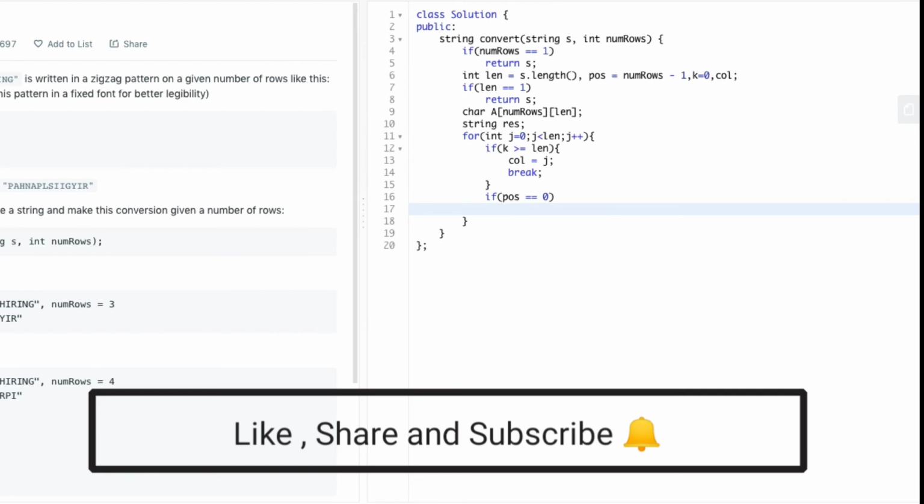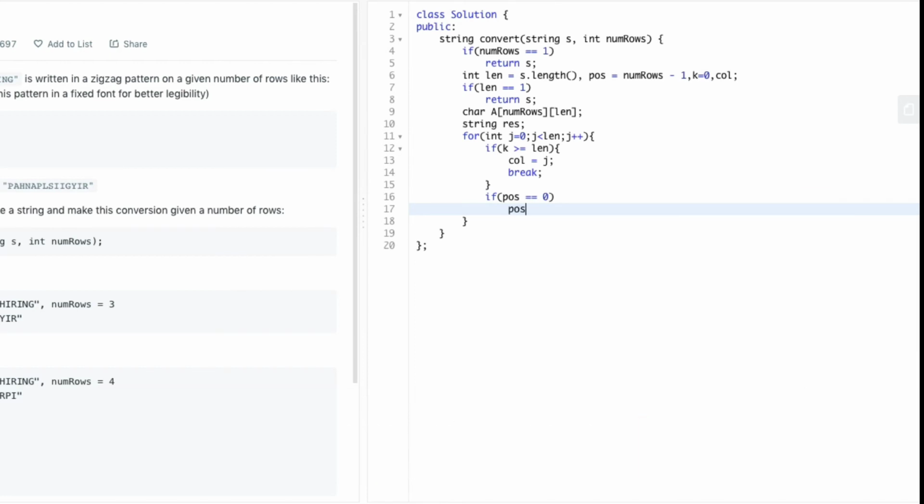If the value of position is 0, then we update it to number of rows minus 1. Then we check whether the value of position is equal to number of rows minus 1. That is, we check whether the value of position is equal to that particular column where the character from s is to be inserted.